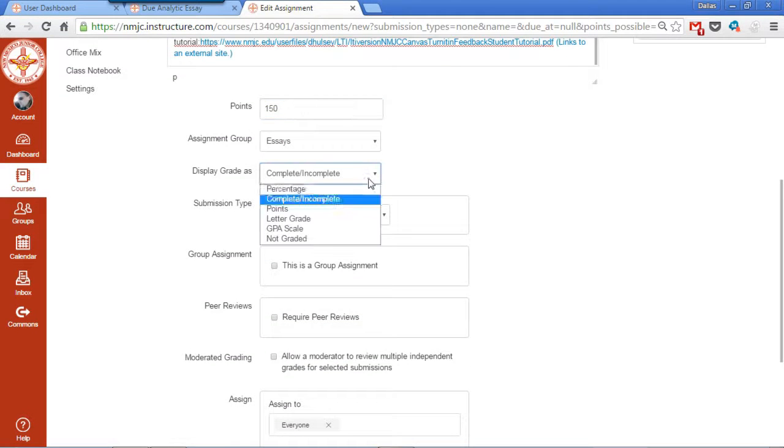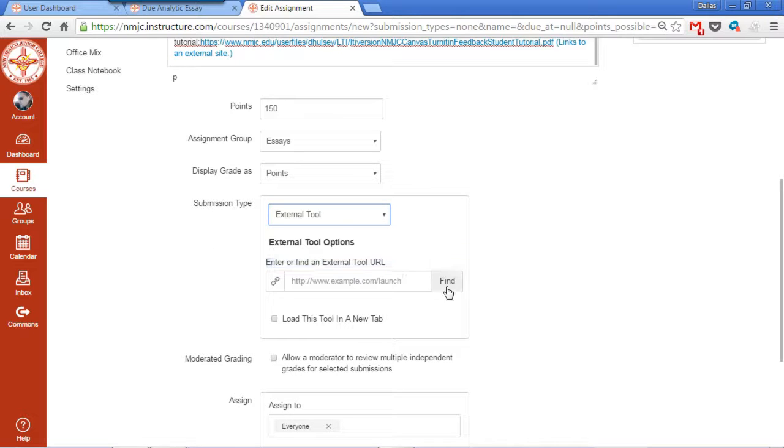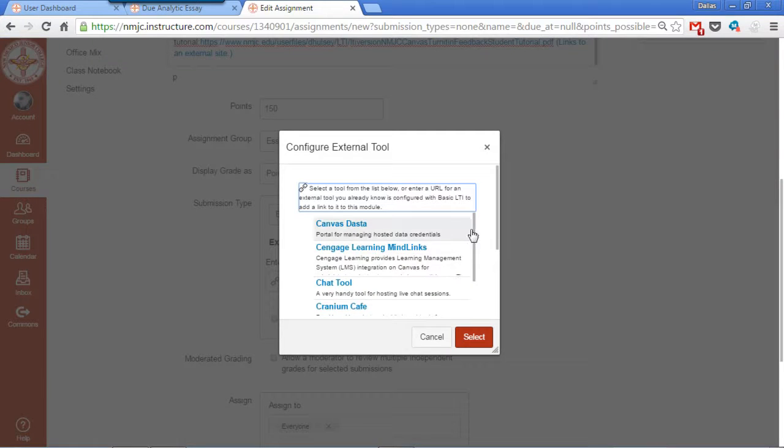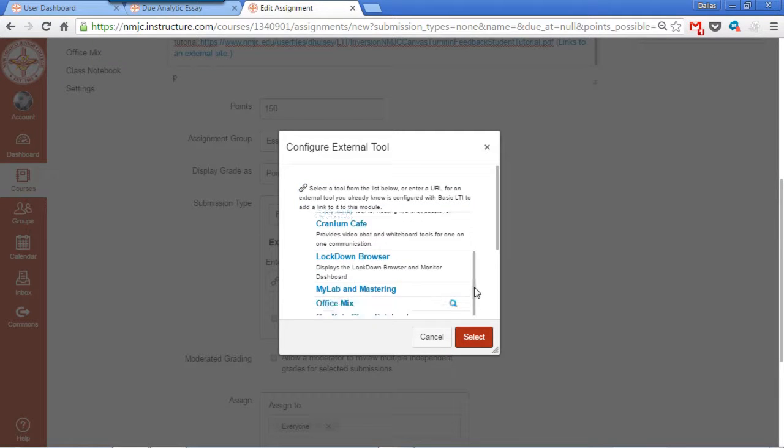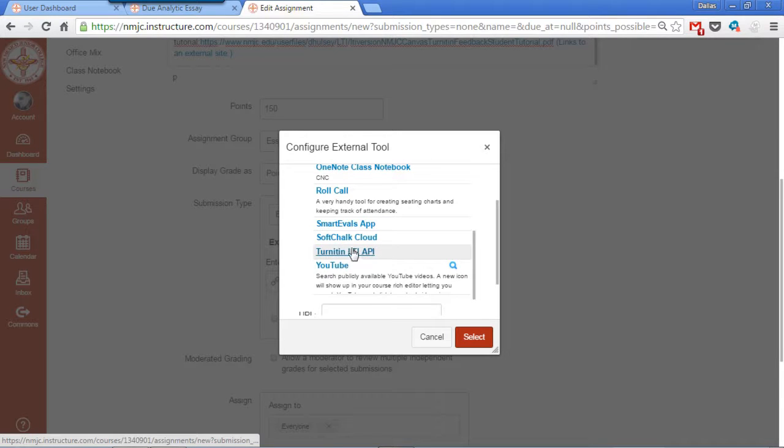And down here, this is where the LTI part happens. On the submission type, we're going to change this to external tool. Then we're going to click the find button, and that's going to bring up our list of LTI tools that are built in. You can see I've got quite a few of them, but we're going to scroll down to